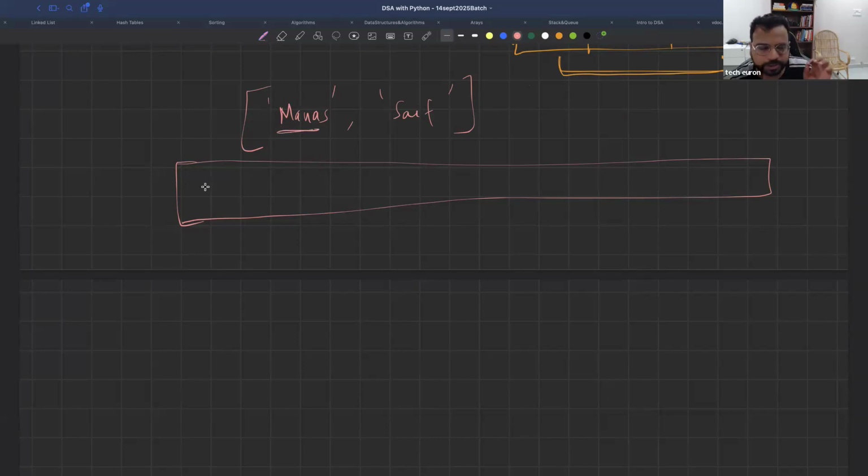तो जैसे मानस स्टार्ट हो रहा है, तो यहाँ पे एक स्टार्ट का कुछ इंडिकेटर रहता है, एक डिलिमीटर रहता है कि स्टार्ट है, ठीक है। उसके बाद एम स्टोर रहेगा, ए स्टोर रहेगा, एन स्टोर रहेगा, ए स्टोर रहेगा, एस स्टोर रहेगा। जब ये मानस खत्म हो गया तो यहाँ पे एक इंडिकेटर रहेगा एंड, फिर यहाँ पे इंडिकेटर आएगा स्टार्ट, फिर यहाँ पे एस रहेगा, फिर ए रहेगा, फिर आई रहेगा, फिर एफ रहेगा।